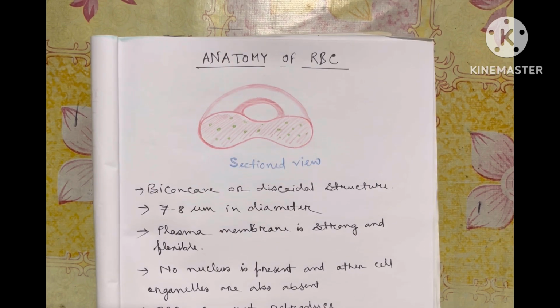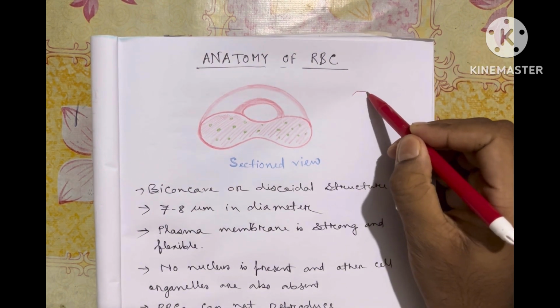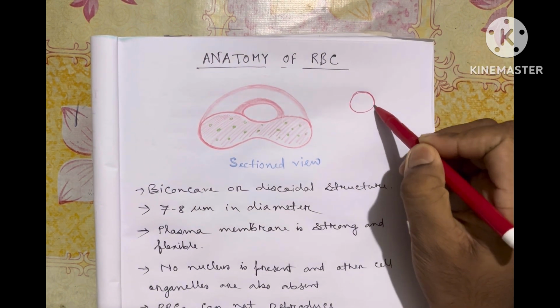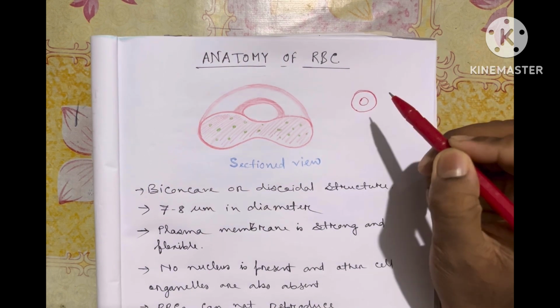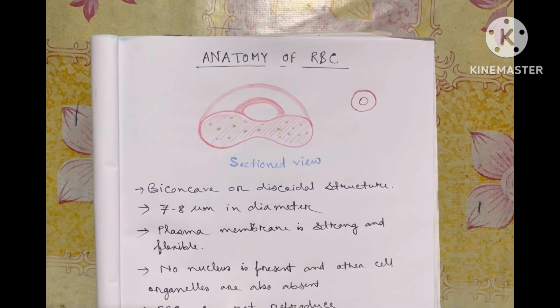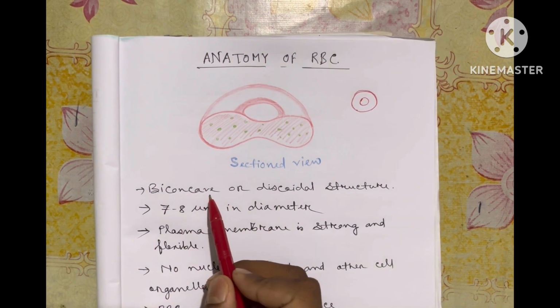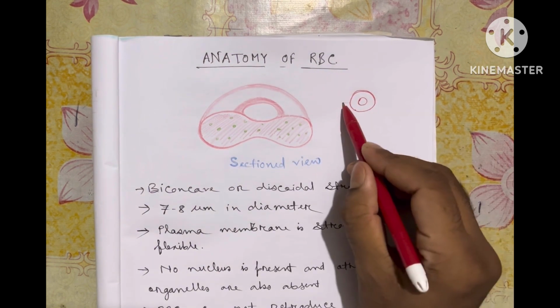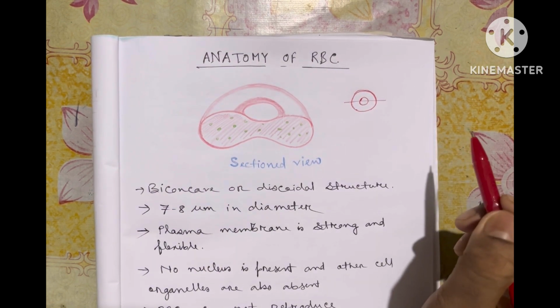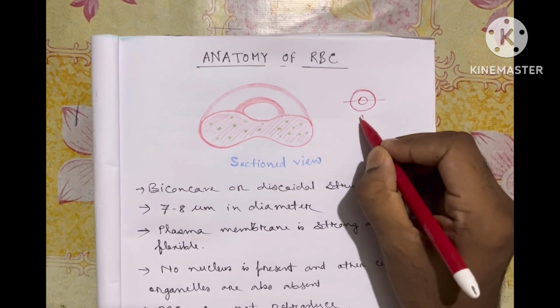So today in this lecture we are going to cover the anatomy of RBC. So RBC looks like this. Suppose this is our RBC and the middle portion is tapered, meaning concave. If we see the basic structure of anatomy, we can see it is biconcave. Let's suppose we cut the RBC this way, and see from the side view from this section,